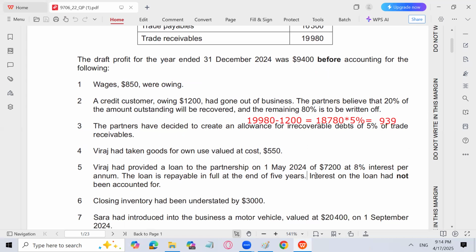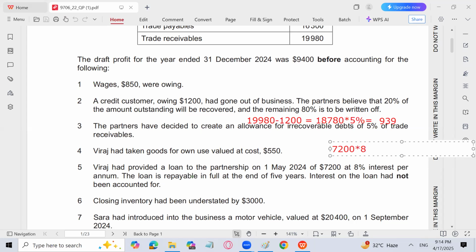Remember that Viraj has given a loan to the partnership, so interest on partner's loan will be treated as an expense for the business. So it is recorded under the heading of expenses, and that interest on loan will also come on the credit side of his current account. Means Viraj के current account में हमें इंटरेस्ट ऑन लोन करंट अकाउंट में क्रेडिट साइड पर भी आएगा. So let's calculate the interest: 7,200